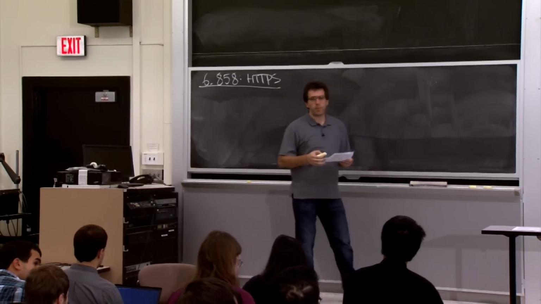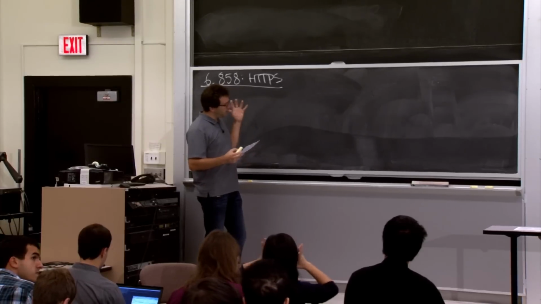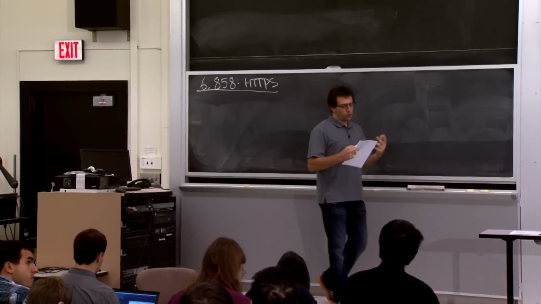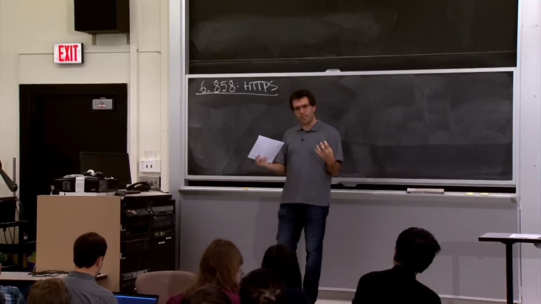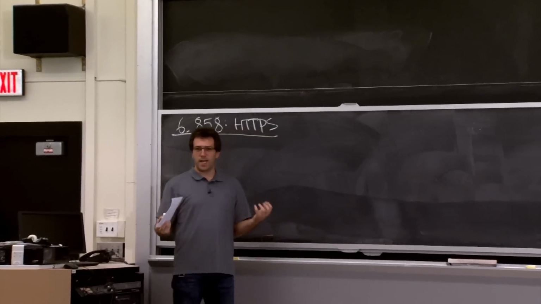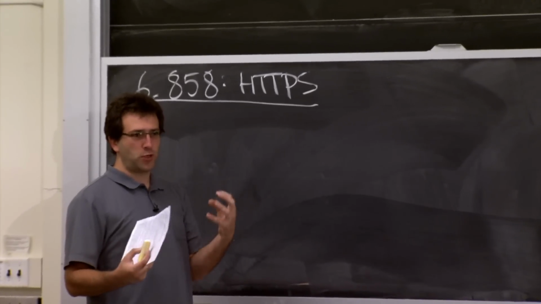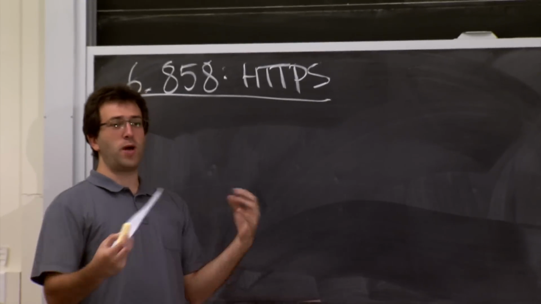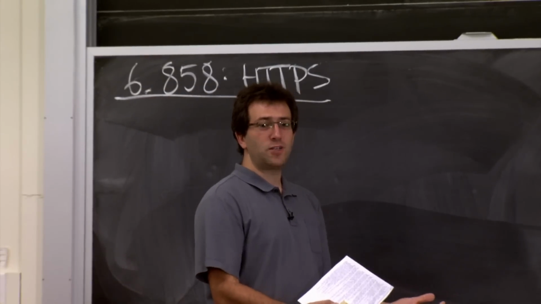All right, so today we're going to talk about how the web uses cryptography to protect network communication, and we'll look at two closely related topics. One is how do you cryptographically protect network communication at a larger scale than the Kerberos system we looked at in last lecture. And then also we're going to look at how do you actually integrate this cryptographic protection provided to you at the network level into the entire application. So how does the web browser make sense of whatever guarantees the cryptographic protocol is providing to it?